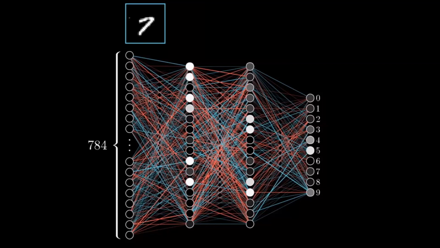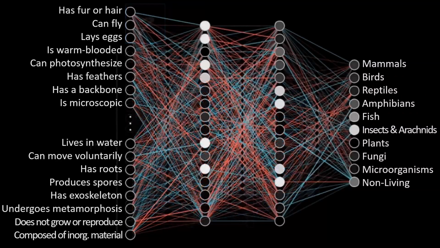And that is one of the reasons why we can do so complex computations, because the computing power of this is just absolutely massive. Whether you're looking at how you recognize numbers, or whether you're looking at how do you make decisions about what animal you are looking at, or what living thing are you looking at, or are you looking at a living thing based on, does it have a backbone, does it have roots, does it produce spores?